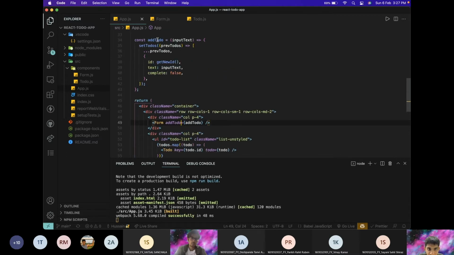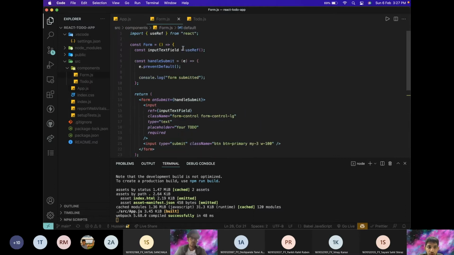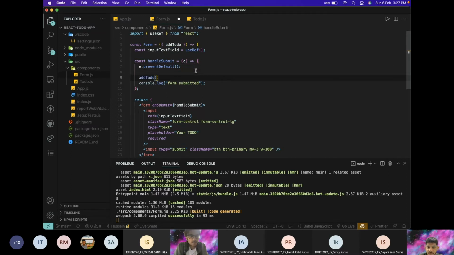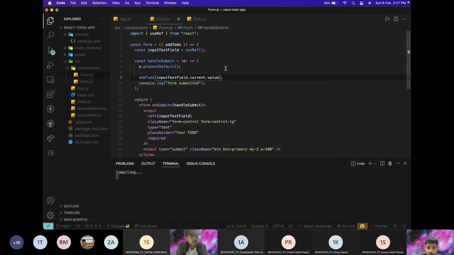So I am passing this add to do का function as a prop called add to do, or inside my form like I did previously by destructuring, I will just call this add to do function and इधर I will call that add to do function, and इस to do function को मैं input text field का जो current value है वो पास करूंगा।